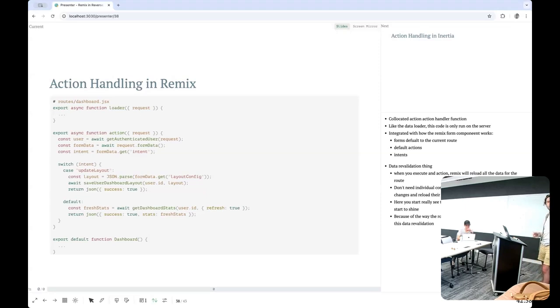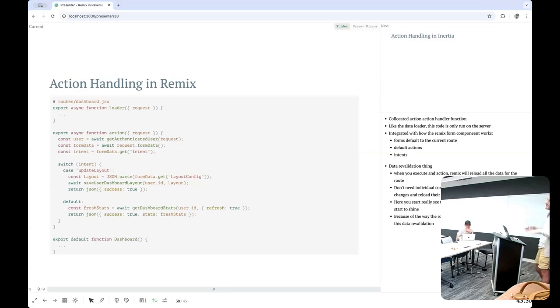When you execute one of these action handlers and you mutate some data, instead of sending back some small response of either success or the updated resource you touched, and then having other components on your front end try to figure out what they need to do based on that change, like listening to events or state changes on the front end, and wondering whether they need to update their data based on the thing that happened over there,